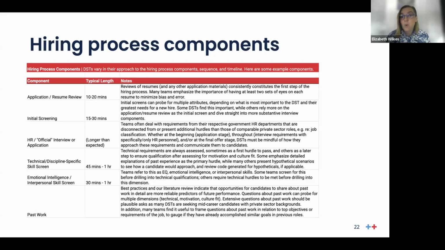That varies quite a bit. So we thought it might be useful to have a selection of all these different components that could exist, whether you're required by your unit's HR department or you have more flexibility. Just being able to understand what those look like on average, and what each point of the process serves.